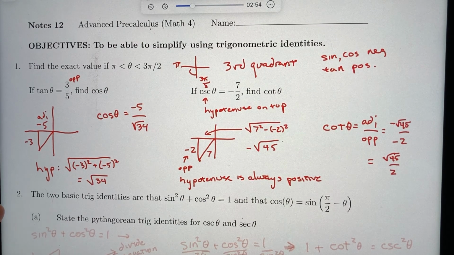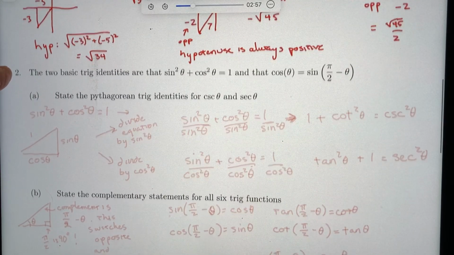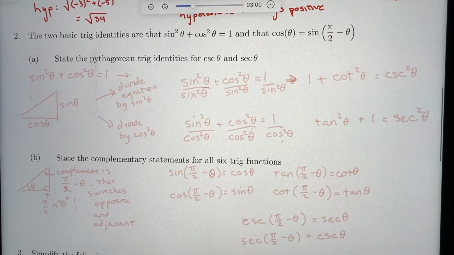Okay, basic trig identity. The most basic trig identity, the fundamental one, is that sine squared plus cosine squared is 1. And that comes from the picture. Pythagoras. 1 is the hypotenuse, then sine is opposite, and cosine is adjacent. So if we do one of two things, we can get the other trig functions. If I divide the picture by sine or divide the equation